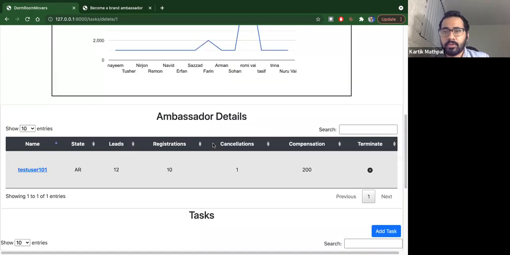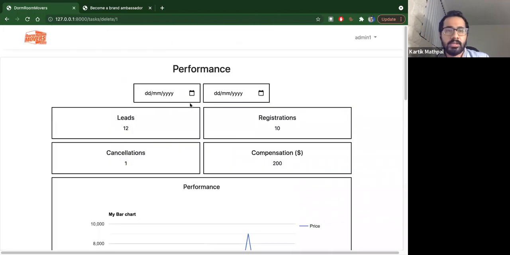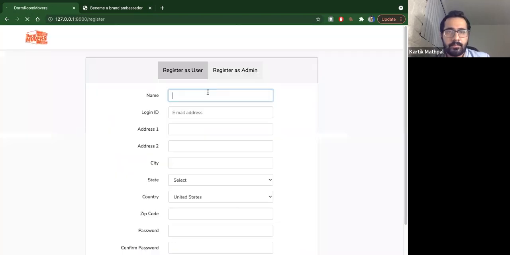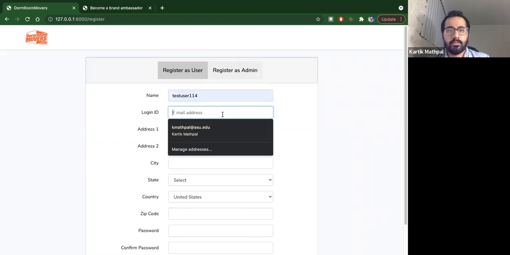I can also quickly show you one more test user creation so that we can see how the values are aggregated for the admin. So if I now log out and register as a new user, say test user 114.